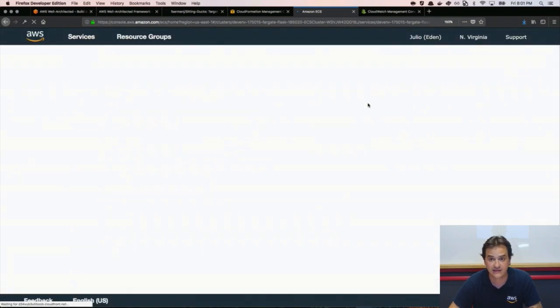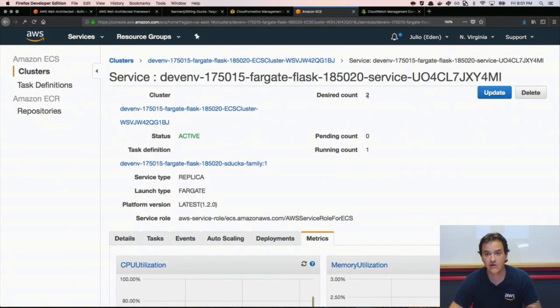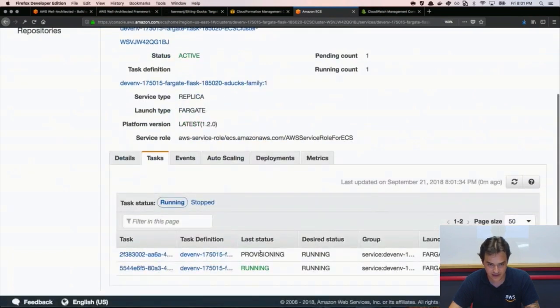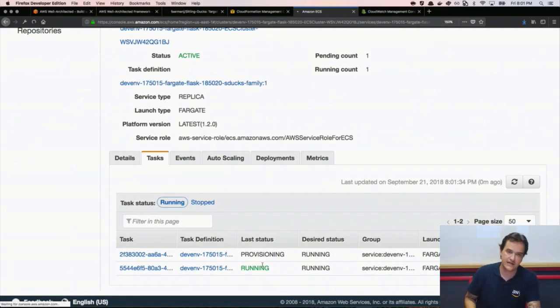Let's see if we reacted already. So our desired count is now two tasks, but only one is running because there was no time yet for the things to react as we are watching this live. And here in the tasks definition, we probably see one here provisioning and one running. So you see that as it scales,